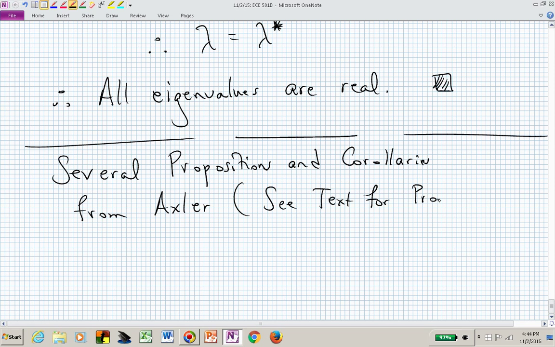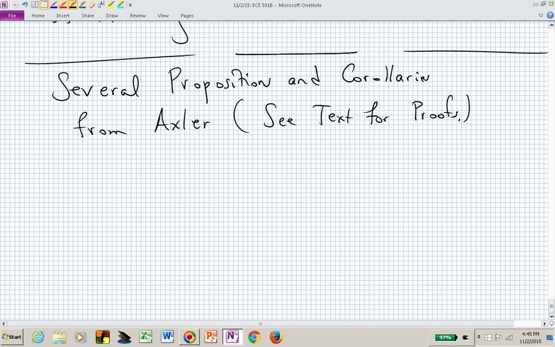Let's look at a few more propositions and corollaries from the book, and I'll refer you to the book for the proofs. We just talked about proposition 7.1. Obviously, then the next one must be something a little bit beyond that. It's way up to 7.2. Proposition 7.2 says that if V